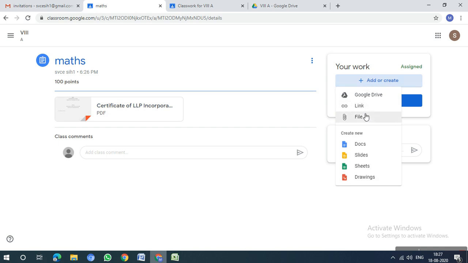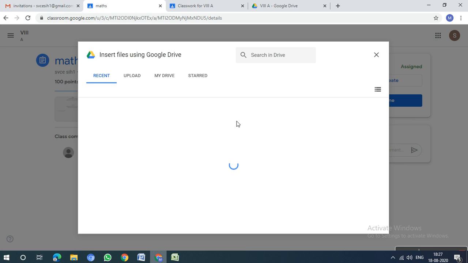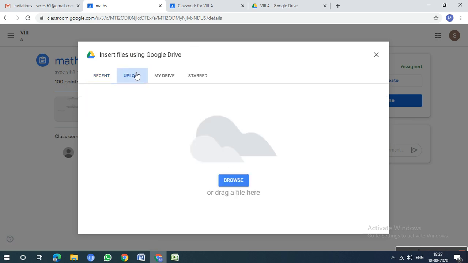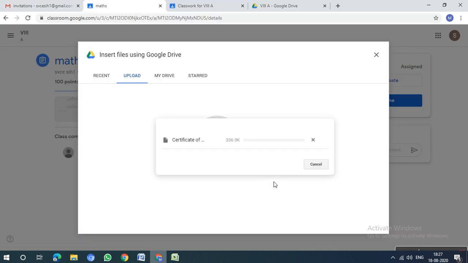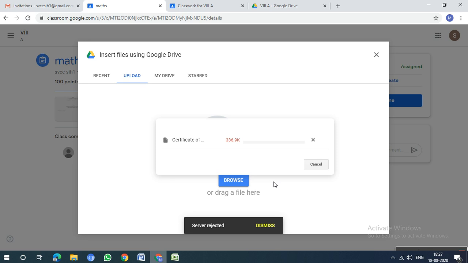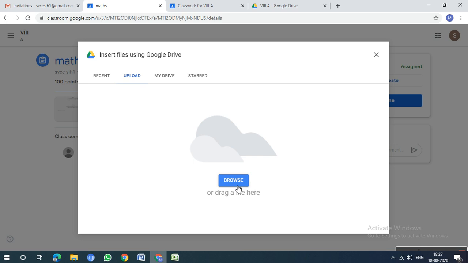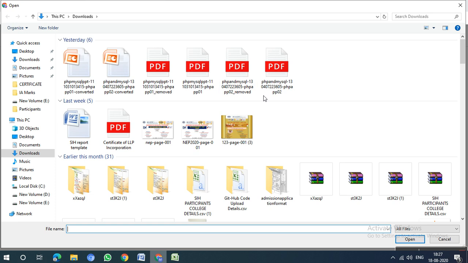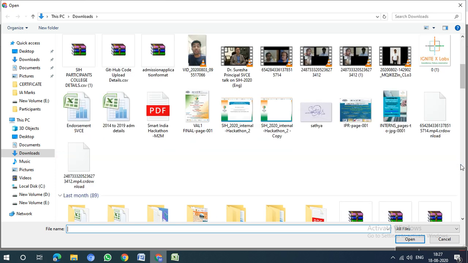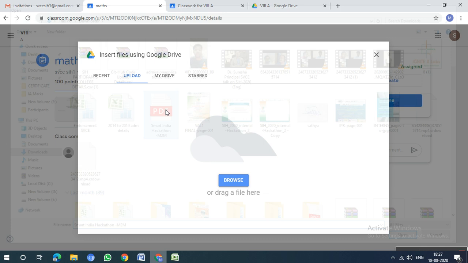Now they can also go to file. Once they scan it through a mobile phone or something, they go to upload and upload the document here. They can upload a PDF copy, Word copy, PPT, any format. There is no limitation. Or they can also upload an image. One second, it has the same document, so that's why it is rejecting. Take some small document so that it can work. Okay, so I'll just upload it.